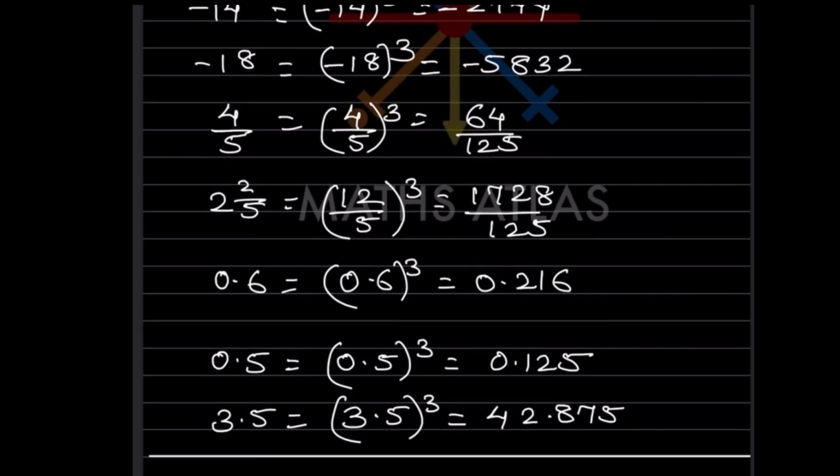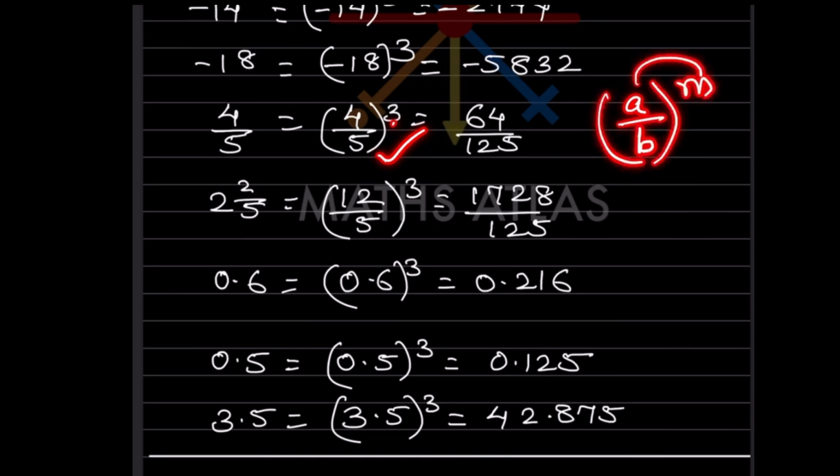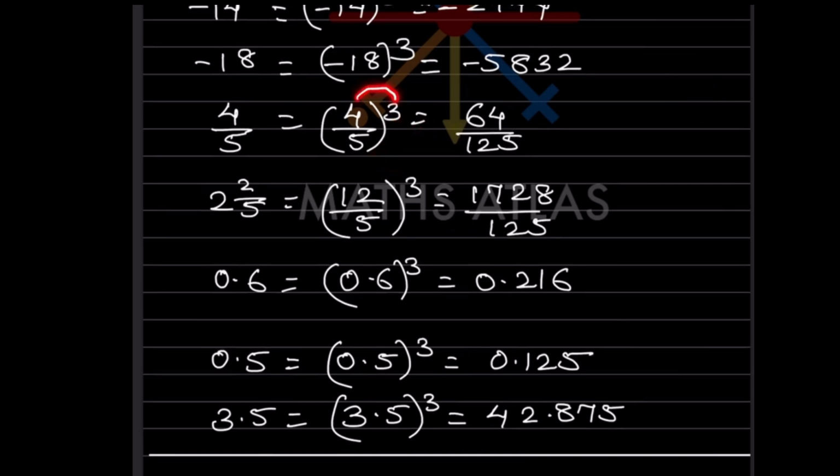Now look at this problem. We have also seen this rule in the exponents. We have to take the cube of this one. So we know the rule, that is (a by b) raised to m is a raised to m and b raised to m. So what are we going to do? We are going to multiply this into this and this into this. So 4 cube, 4 fours are 16 and 16 fours are 64. And here 5 cube means 5 fives are 25 and 25 fives are 125.